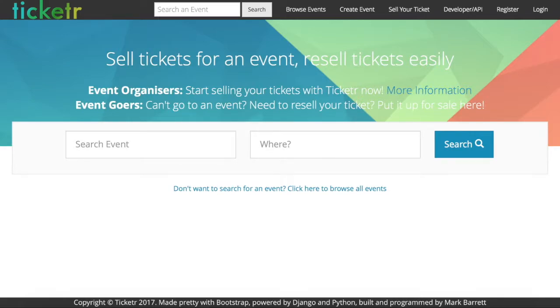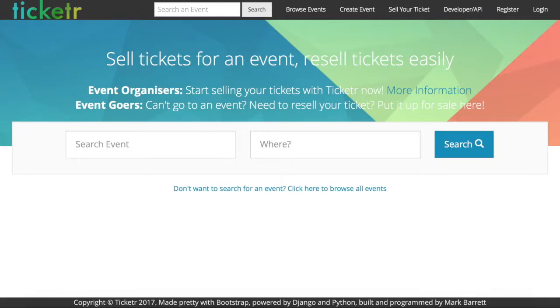So if I try to sell this to somebody, like somebody in another country or even somebody just down the road from me, I can give them the printed copy that I got, but I still have a copy of it. So if I really wanted to, I could go down on the day of the event and try get into the event before the person I sold it to gets there. Now, I wouldn't do something like that, but I'm sure there are people in the world that would do this, and Ticketer is what sprung to my mind to help this.